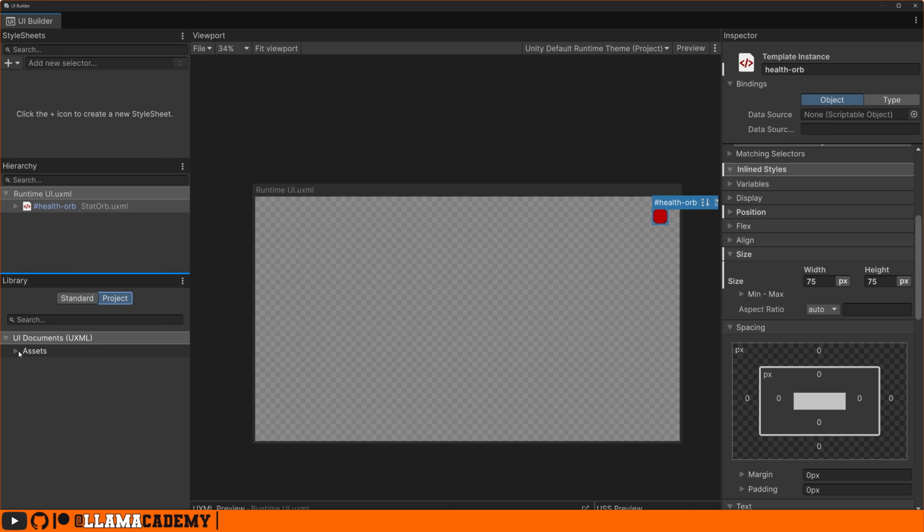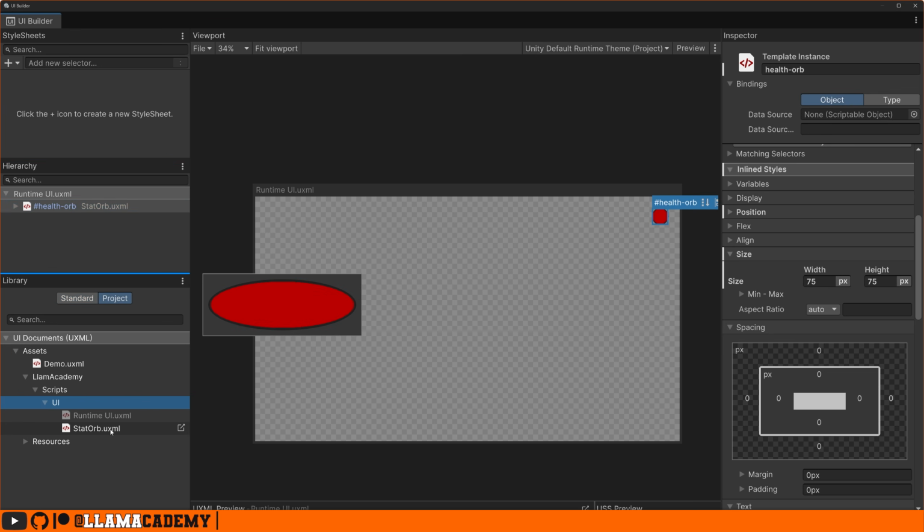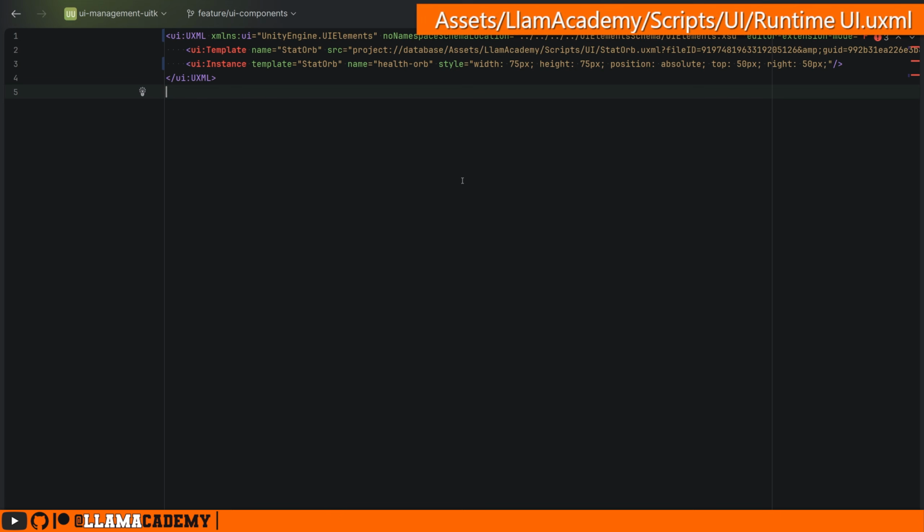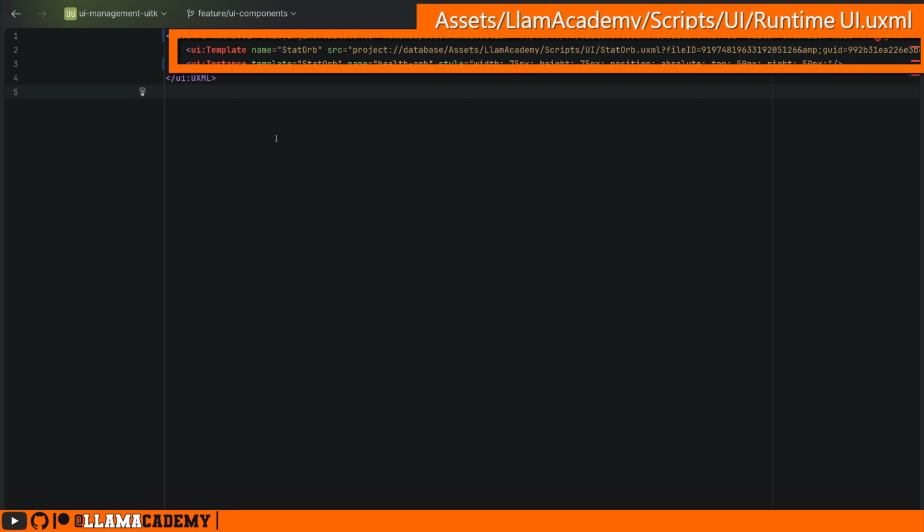from our library. All we have to do is define a separate UXML document, and we can just start dragging them in as templates. I personally prefer to write the UXML by hand rather than to use UI Builder. So this is how we do templates with UXML directly. We first define a UI template and specify the source for that template. In this case, because we used UI Builder, it uses this project database stuff and adds all these like file